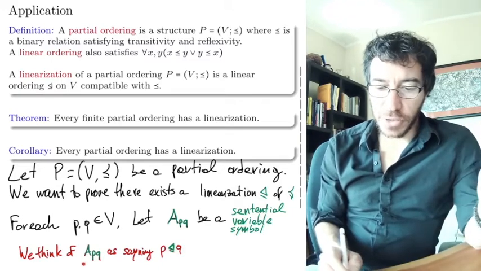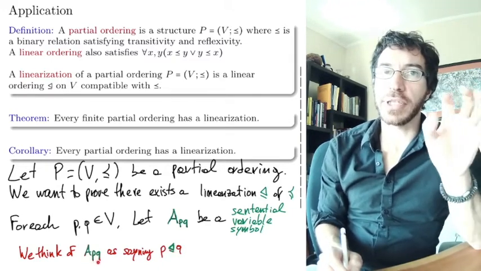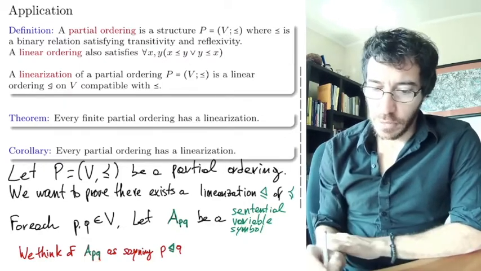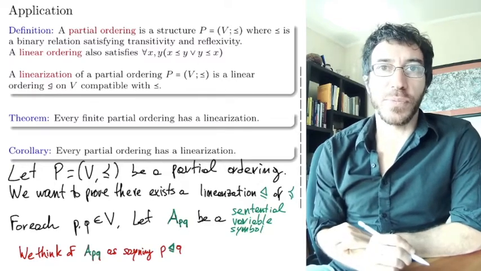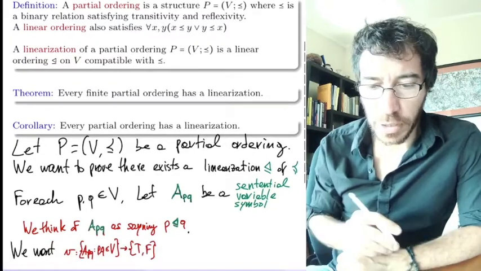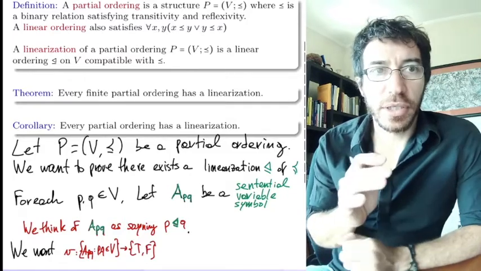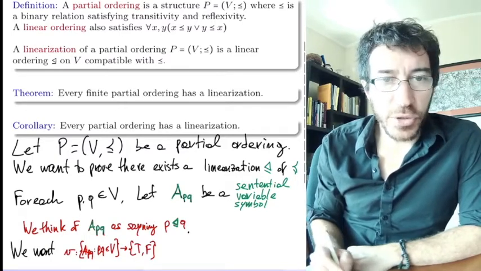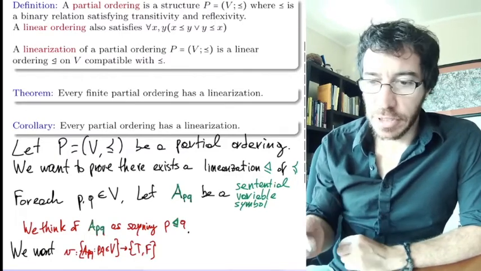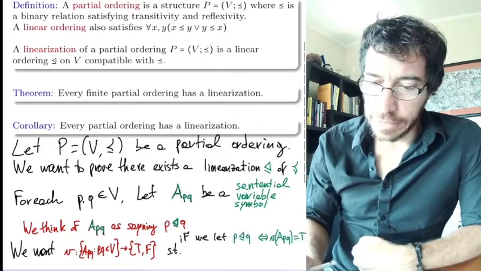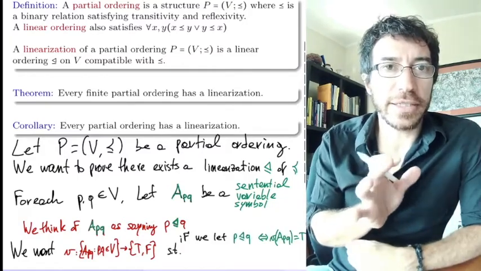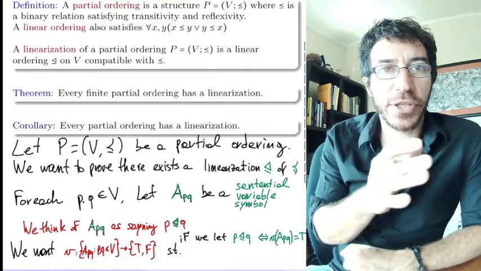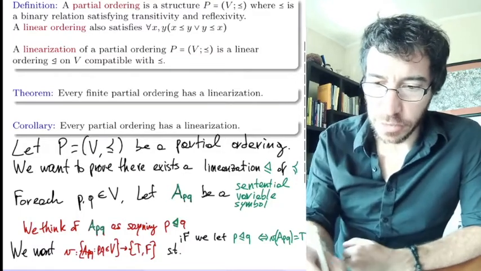Okay? So APQ is a variable symbol that could be either true or false depending on our truth assignment. It represents P less than or equal to Q. What we want is a truth assignment V that takes, remember, a truth assignment maps each variable symbol APQ to either true or false, in a way that if we define triangle-less P, triangle-less Q if and only if the variable APQ is assigned true,